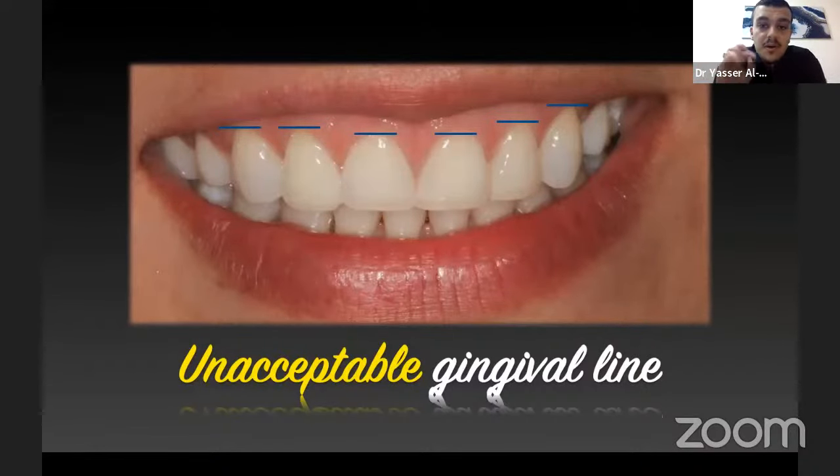The soft tissue is our issue in smile makeover, because you and the technician may make natural teeth, natural veneers, natural crowns, very beautiful crowns, but you don't pay attention to the soft tissue compatibility with your crowns. You may invade the biological width and hurt the gingiva, and your work will fail at the end.